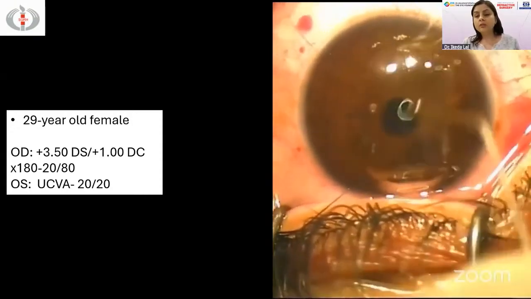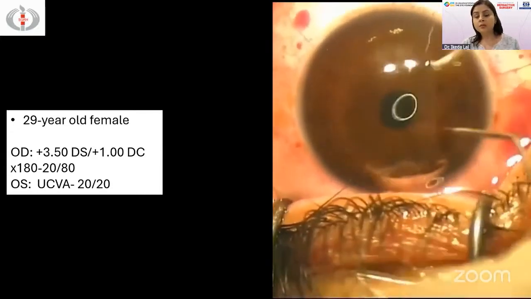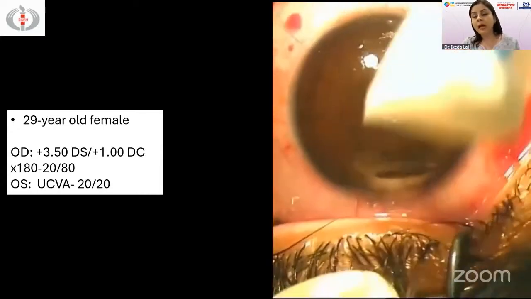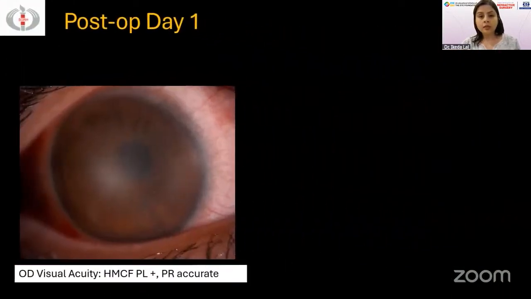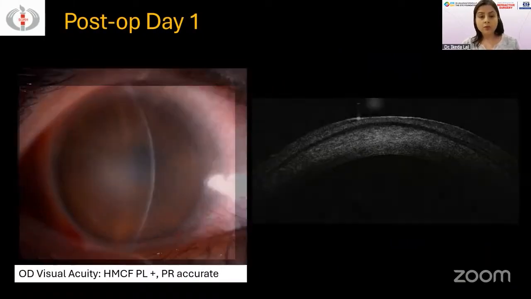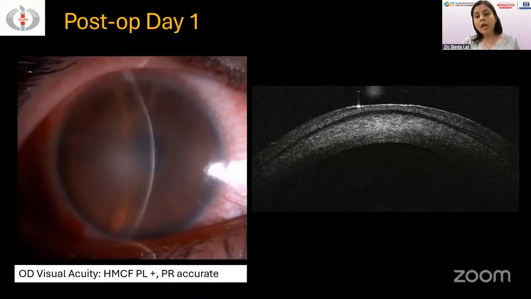And as a routine, we deposited the flap back and everything went ahead as planned, a very uneventful surgery. We waited for 2 minutes. And this is what the patient came back with on first day post-op. We can see this kind of grayish cellularity that is present in the interface, which is visualized a little bit better on the slit. And we did an anterior segment OCT. We can see the hyperreflectivity. And interestingly, we can also see a fluid cleft here.